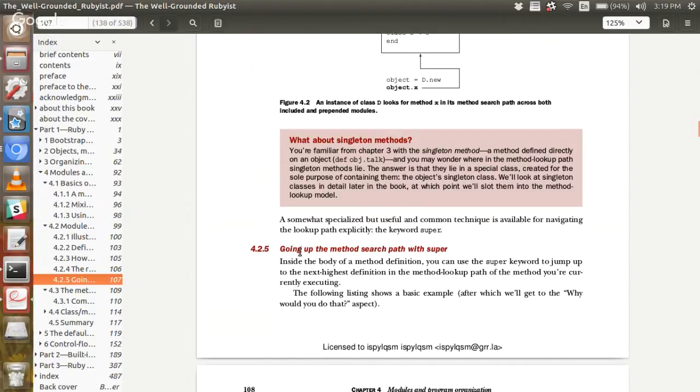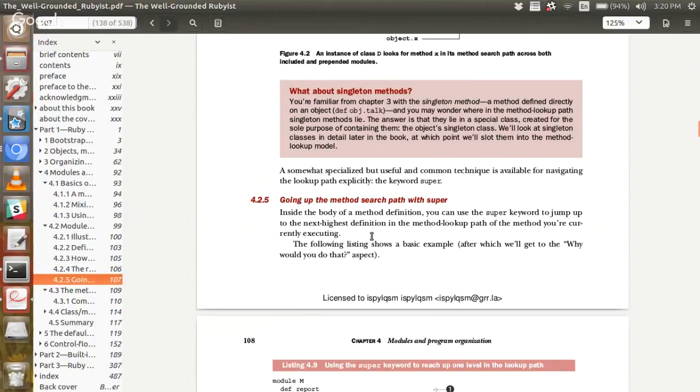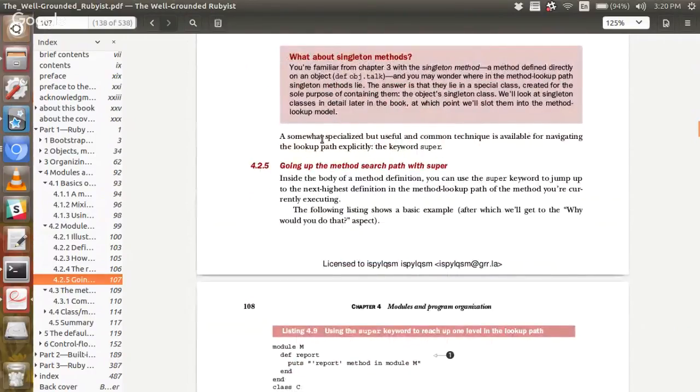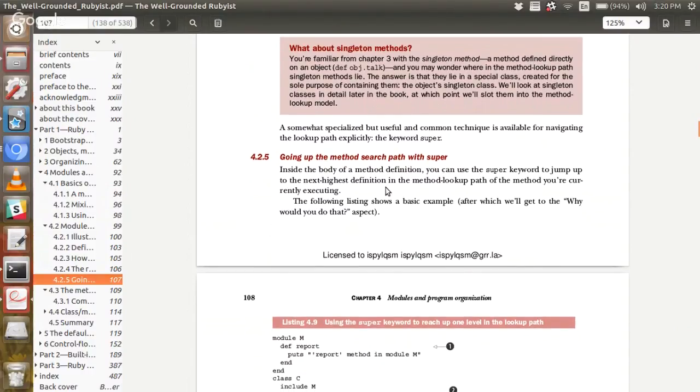So we were to begin this next session going up the method search with super. All right. So as you can see just before here, a somewhat specialized but useful and common technique is available for navigating the lookup paths, which is by the use of the keyword super. So usually, if you have used inheritance before, assuming you are inheriting from a class,